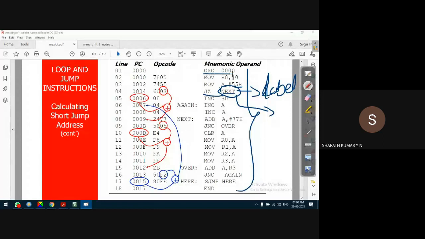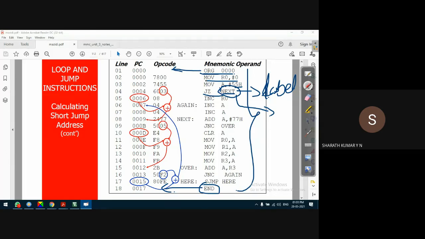What is the first instruction, guys? ORG. We know that this ORG is nothing but an assembler directive. No assembler directive has an operational code. Neither ORG nor END has anything called an operational code, because they are not the actual instructions. They are instructions to the assembler. It's not an instruction by the programmer. It's information to the assembler.